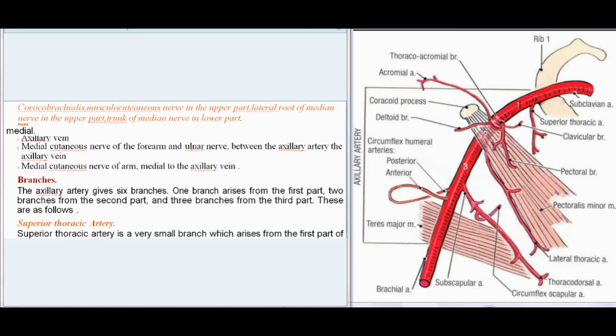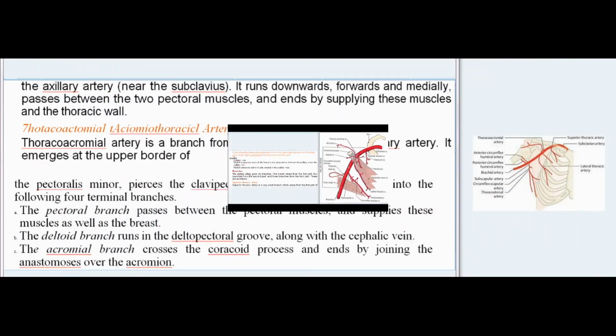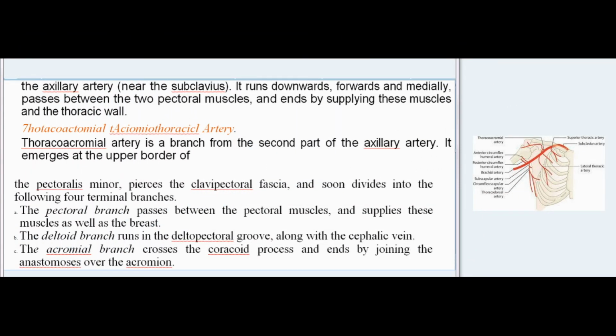Branches. The axillary artery gives 6 branches. 1 branch arises from the first part, 2 branches from the second part, and 3 branches from the third part. These are as follows. Superior thoracic artery. The superior thoracic artery is a very small branch which arises from the first part of the axillary artery, near the subclavius. It runs downwards, forwards, and medially, passes between the 2 pectoral muscles, and ends by supplying these muscles and